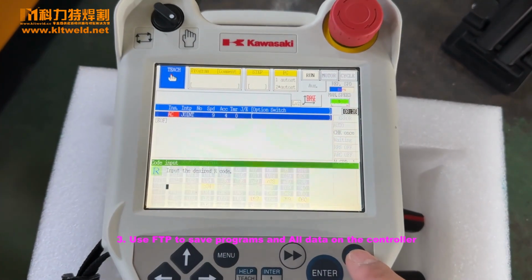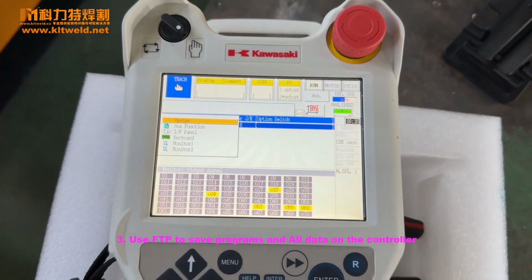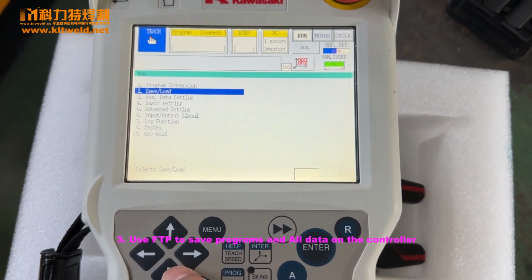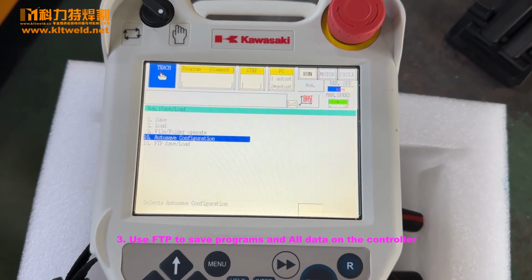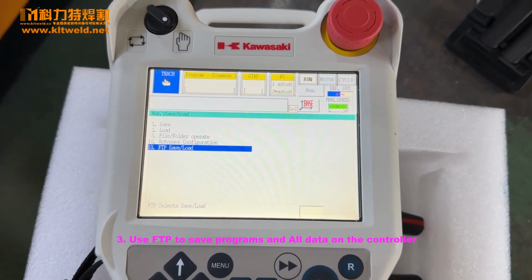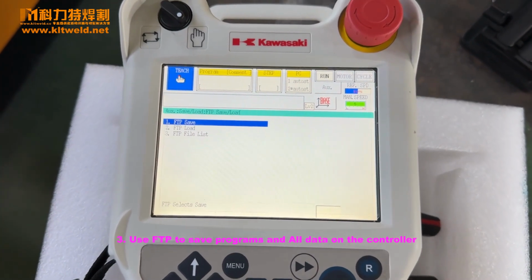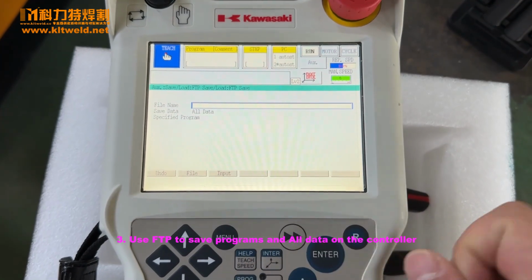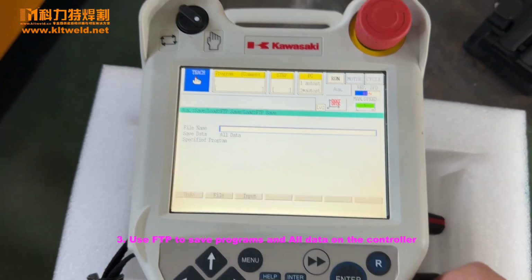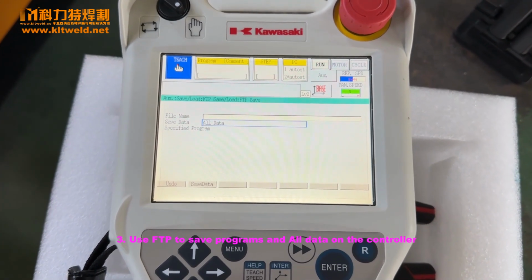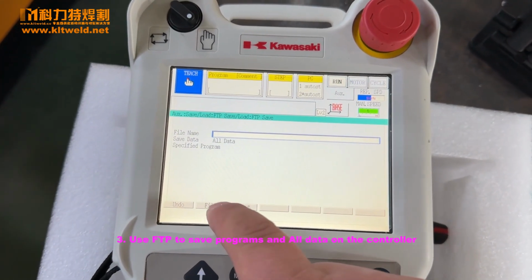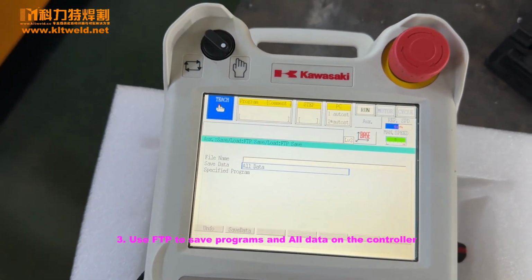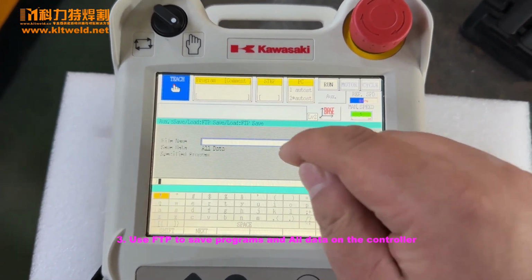Then choose the R and choose the menu, and use the other function. Choose the save and load and choose the FTP. And here we choose the one FTP, right? Here, file name. You can choose the file. Here you can click here. We choose the